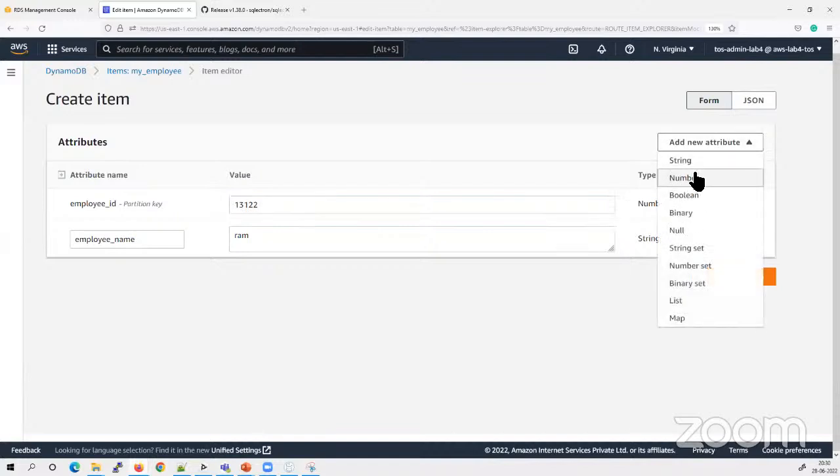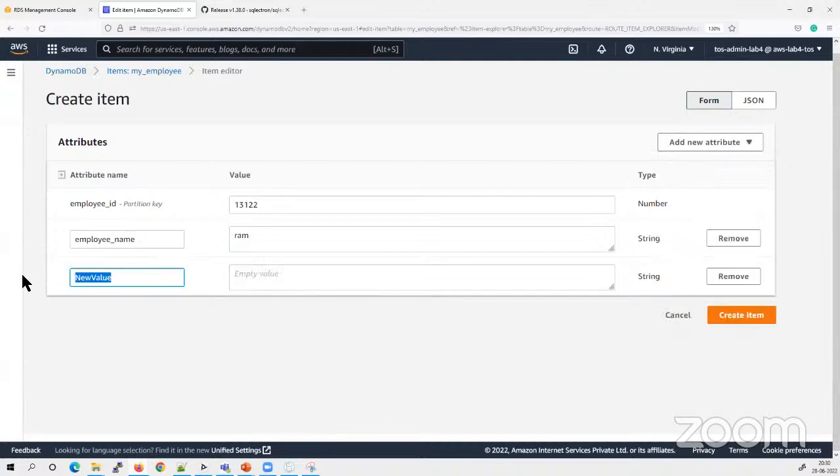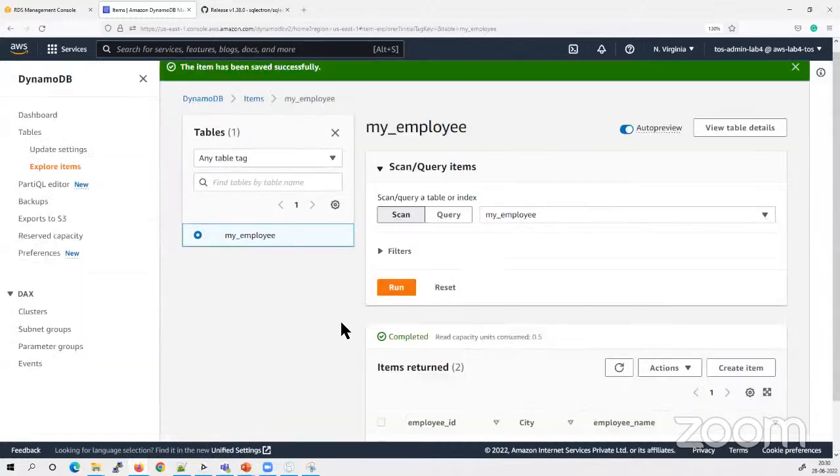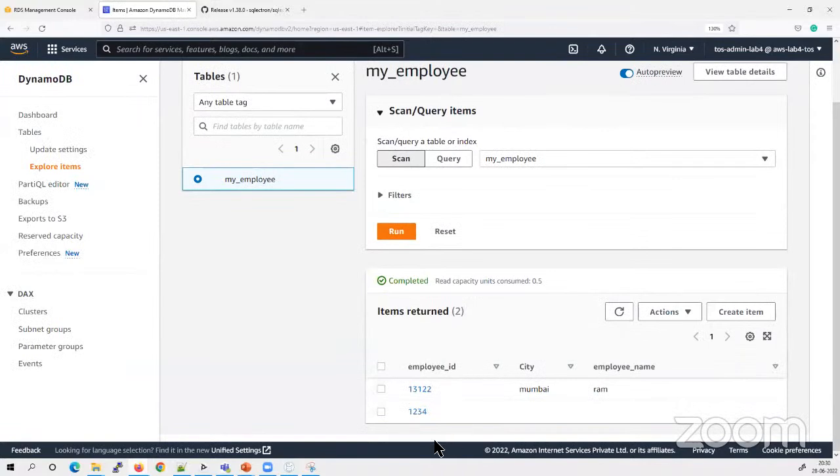I can add another string, city, and put the values. And that's it. So now you can see I have created items, and there is no restriction that I need to put this value for each and every item in this table. And that's the beauty of